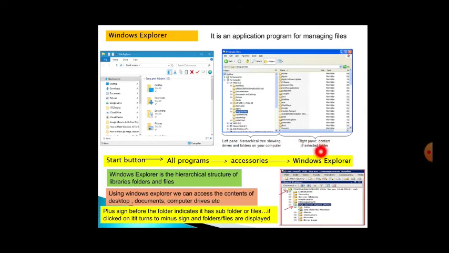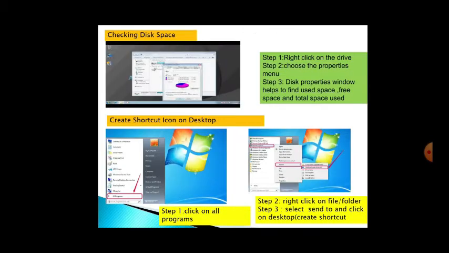The right pane contains the content of the selected folder, and the left pane has the hierarchical tree structure. First is desktop, then My Computer, then in My Computer there is a drive, and if you click on the drive there are many folders. If you click on one folder you get many files. So this is the hierarchical tree showing drives and folders on your computer.